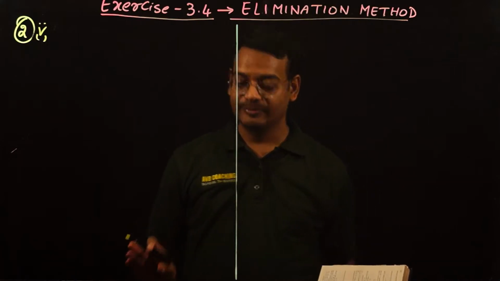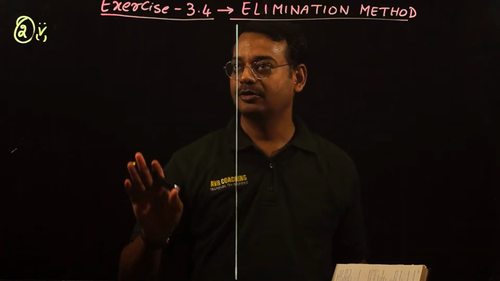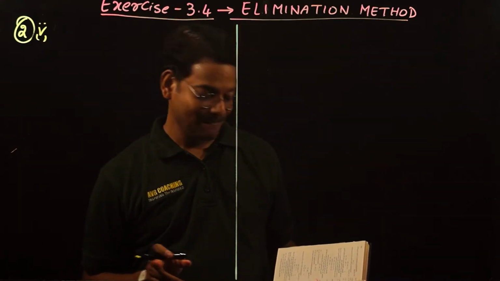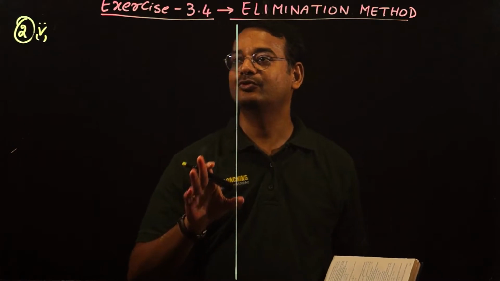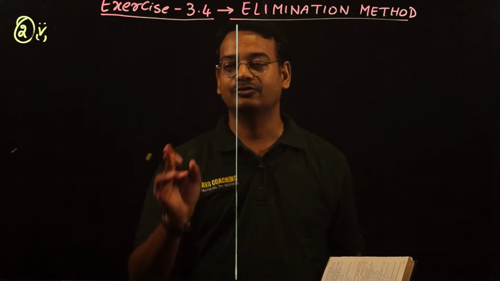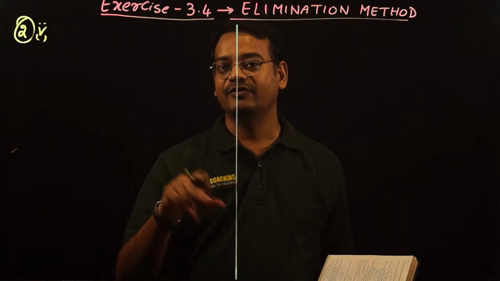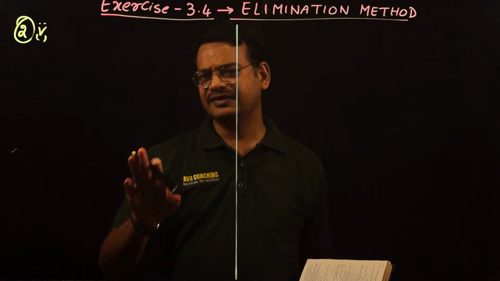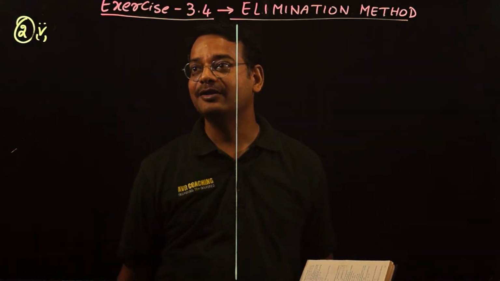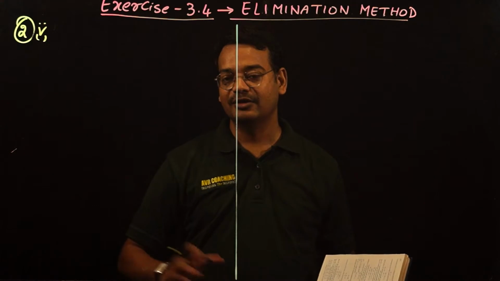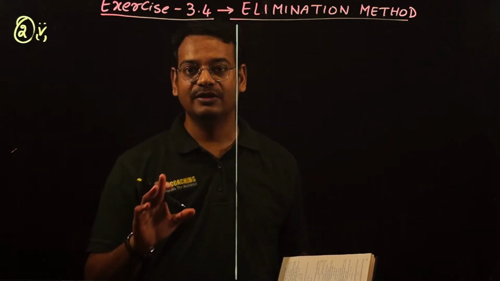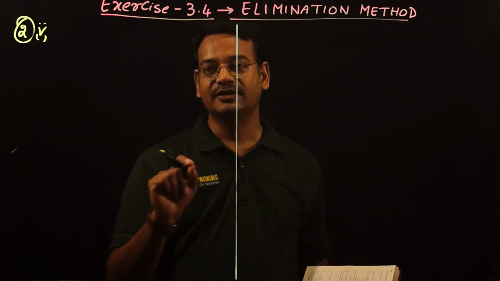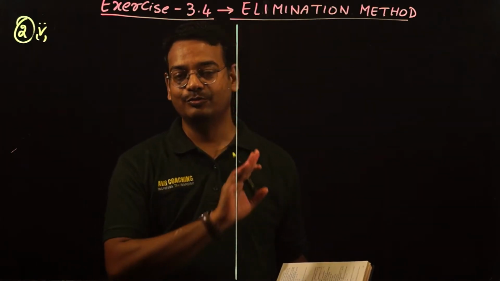So second problem, fifth bit, this is the last problem of the exercise. I hope you have already tried it. For those who couldn't get it, please follow these steps. And those who have already got this, if your method varies from what I'm teaching, please follow this, and this is the easiest method, or might be the easiest method. It's not mandatory that you follow only what I'm teaching. You can implement your own methods also, but you have to get the correct answer, and the method and implementation should be correct.